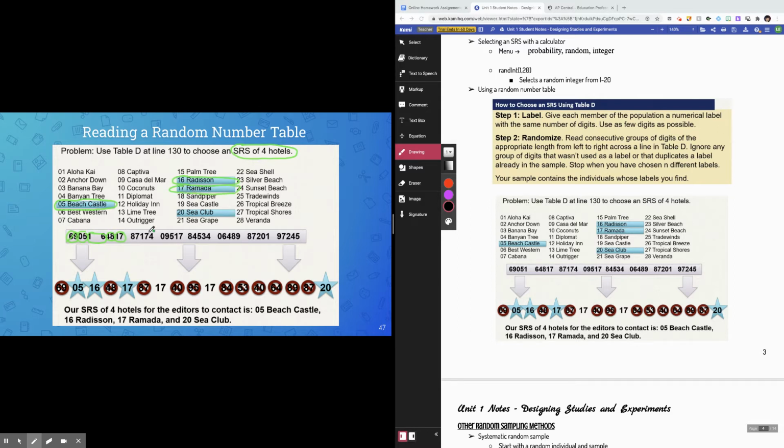So that's my third hotel. Okay, if I keep going, I have 87, not a number I have available. Then I have 17 again. Now, here's the issue. 17 was already chosen, so I don't want to choose it again. I don't want to sample it twice. So because I have a repeat, I'm going to skip it and ignore it, okay, and go on to the